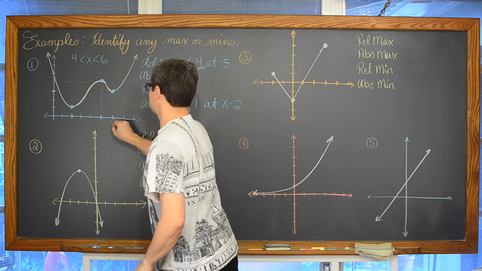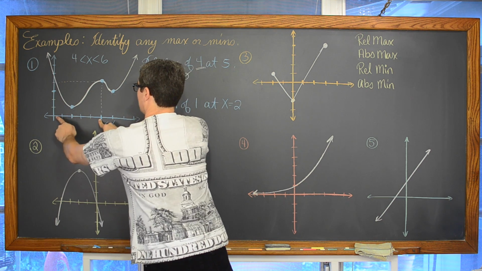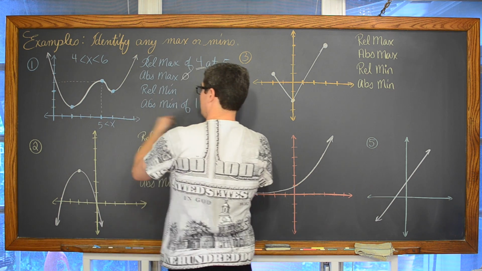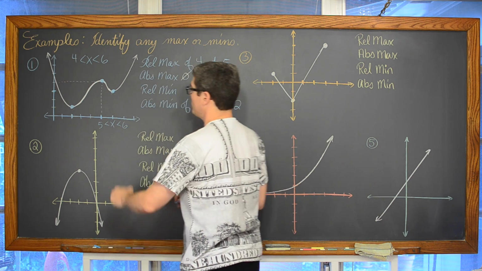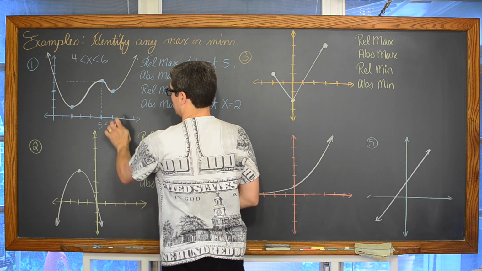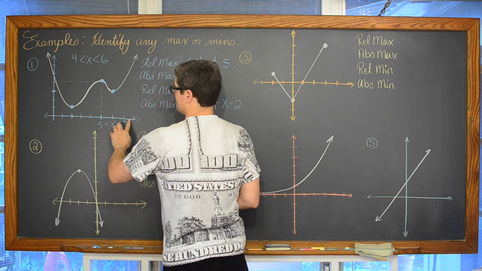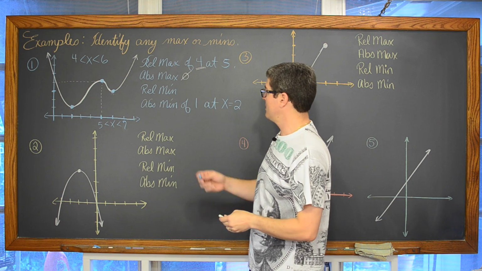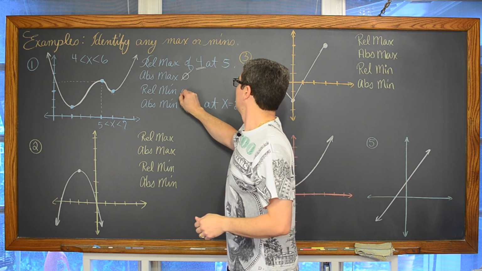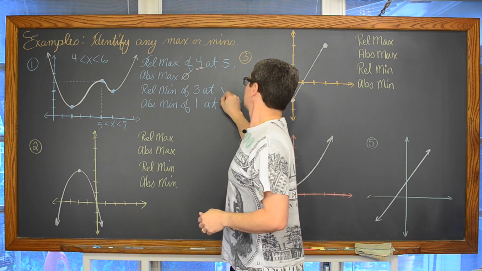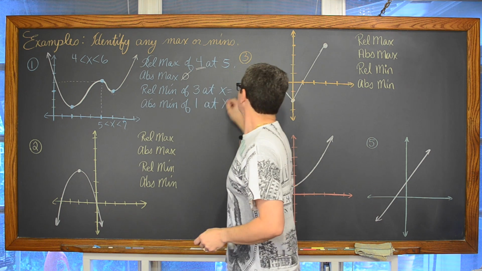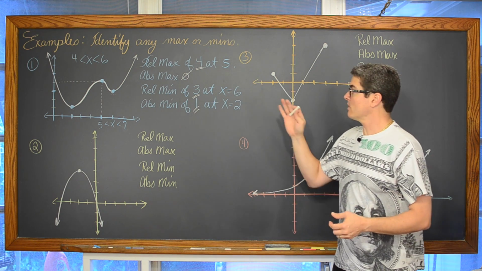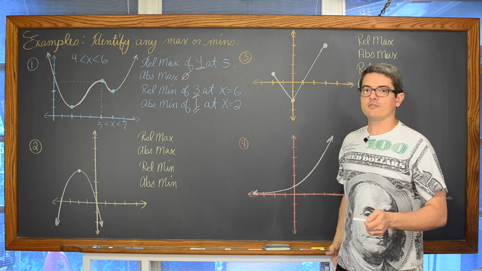And then I can see this point here on this open interval, say this open interval from where x is greater than 5, and, I should have put some numbers on here, really I could say any x value, but let's say x is less than 7. On that open interval from 5 to 7, the graph falls and starts to rise again, and we can just visually see there's a bottom there. So that's a relative min of 3 at x equals 6.